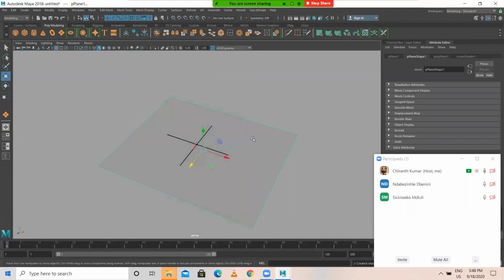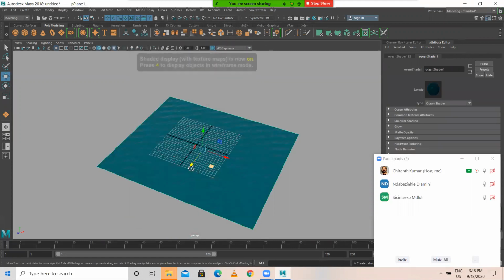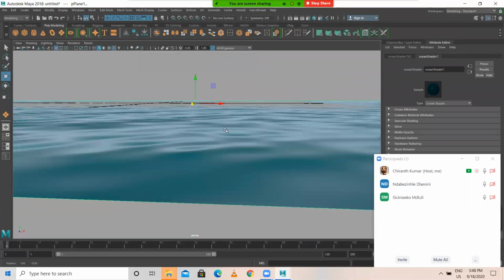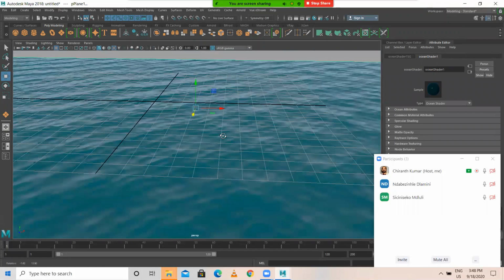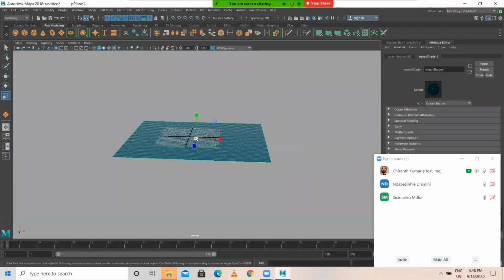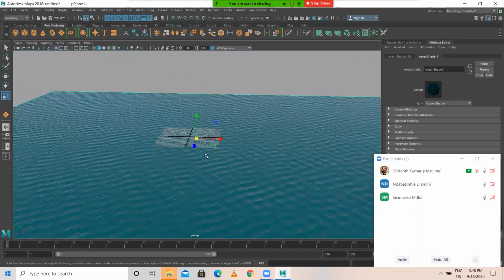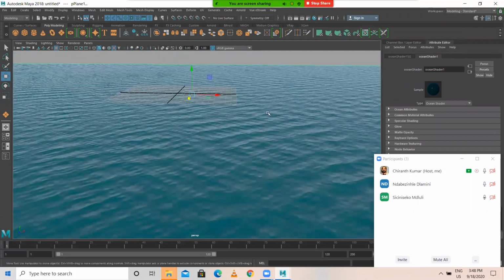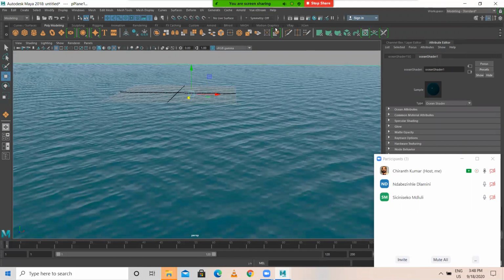Apply material ocean shader. You need to have light for this.